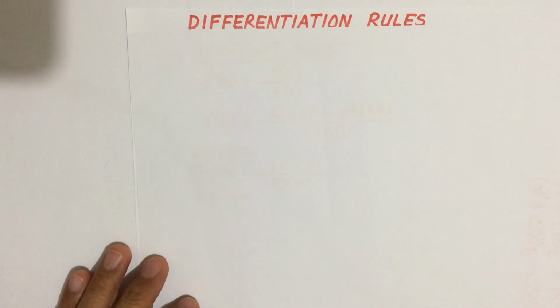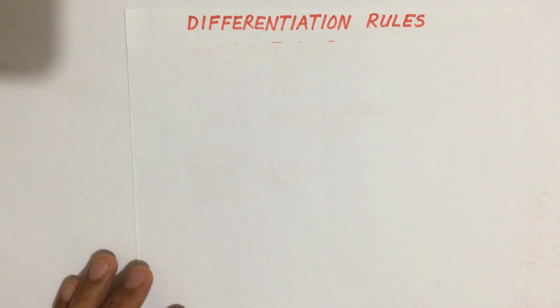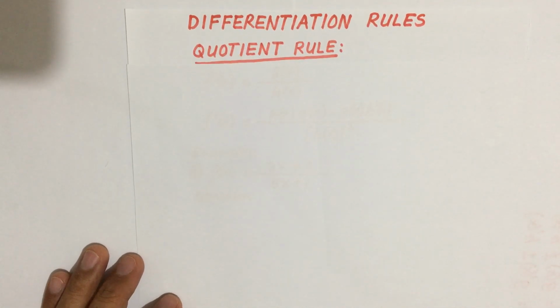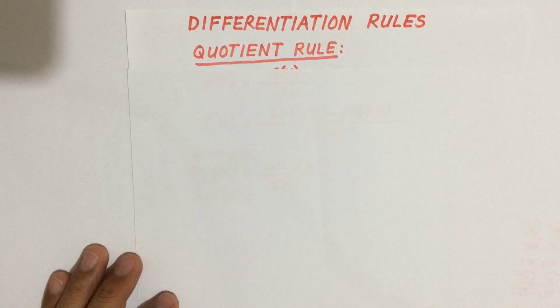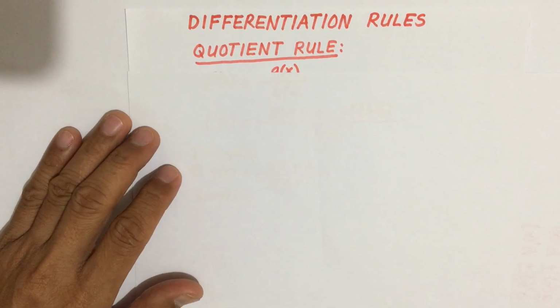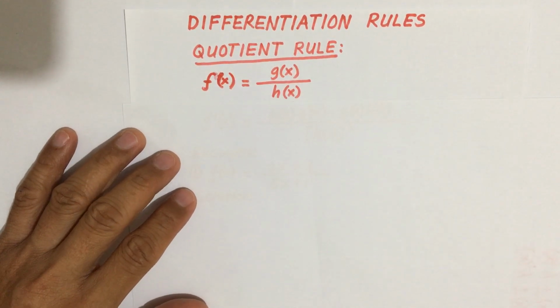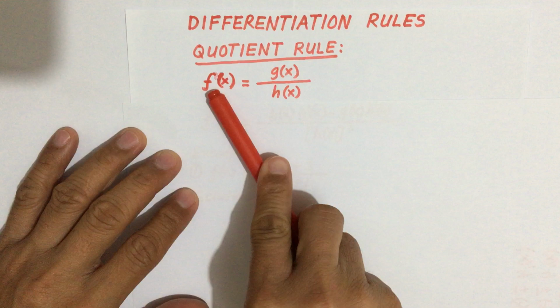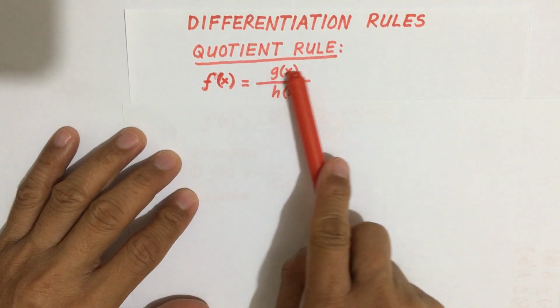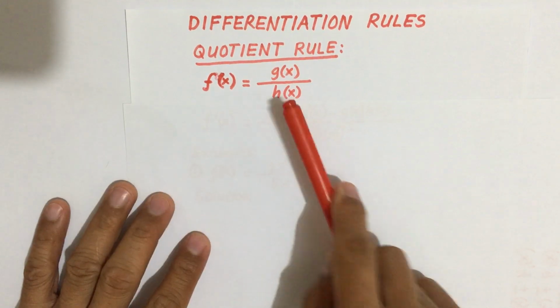So today we are going to discuss the differentiation rules, but our topic for today will be more on the quotient rule. All right, so what is the quotient rule in our differentiation rules? If you're given f of x equal to some function of x divided by some other function of x, then the derivative of